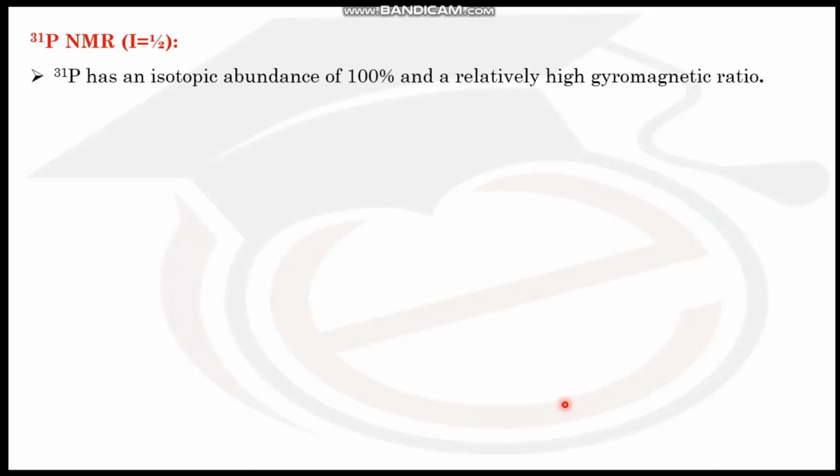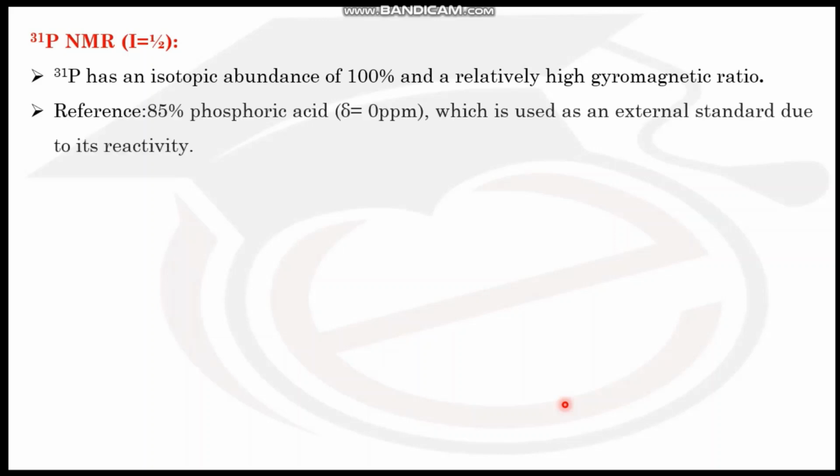I think in FSL also one question was related to frequency and magnetic field. I think FSL or SET exam also, I have seen some question papers. So those equations you have to remember, related to the gyromagnetic ratio. Here the P31 isotope is 100% abundant and has a high gyromagnetic ratio, and here the reference is 85% phosphoric acid,